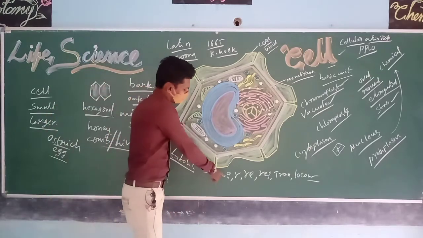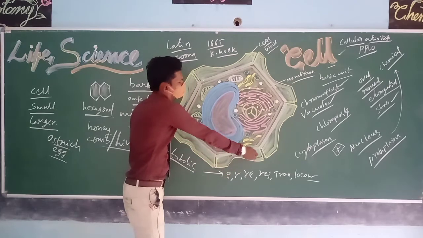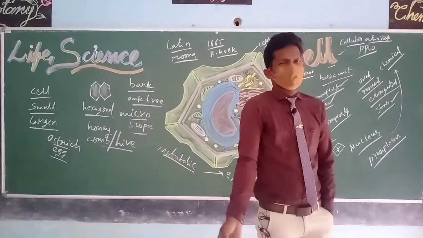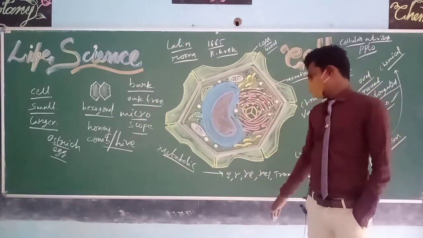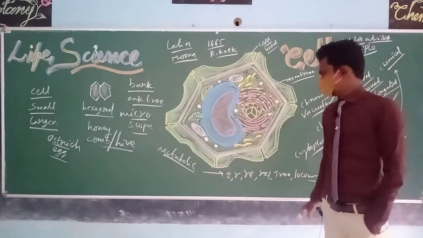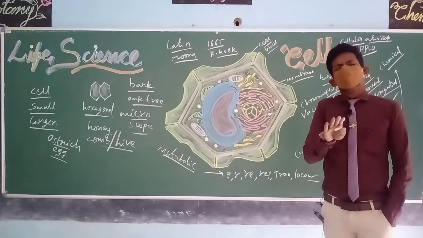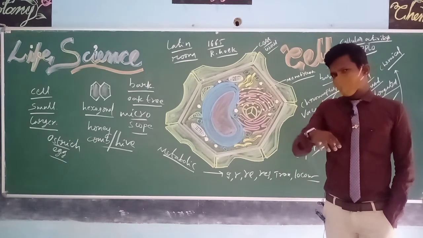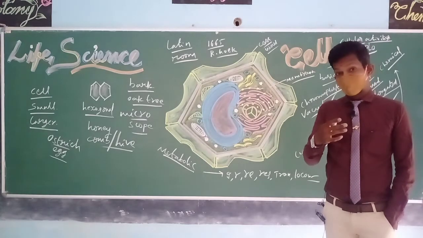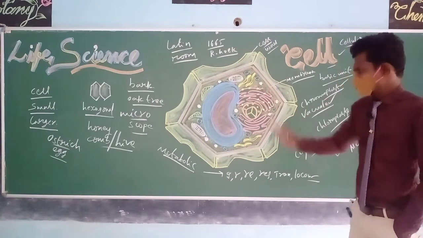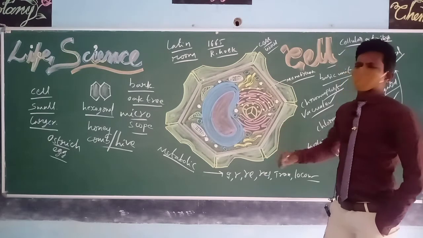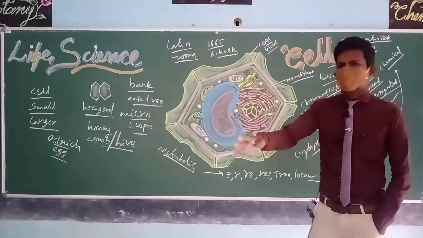Those metabolic activities are nothing but growth, repair, reproduction, etc., whatever we are observing in the human body. We are multicellular. In unicellular organisms also, these activities are common. But in unicellular and lower organisms, these activities are not very complex. In our body, they are highly complex. In our body, we require hours, days, months, years. But in lower organisms, these activities need just a few seconds or a few minutes.